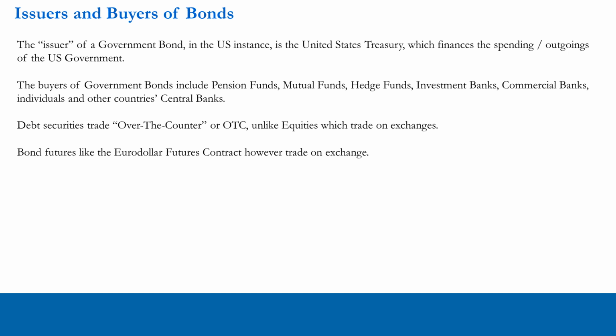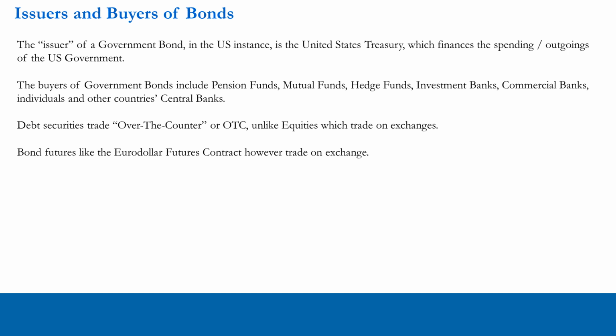Who are they? Well, the definition of issuer in the United States, for example, for a government bond, is the United States Treasury. They are financing the spending or outgoings of the US government. So the US Treasury issues a government bond, and the private market invests or lends that money to the US government. And the US government is using that money to finance government spending. Now, the buyers of government bonds,